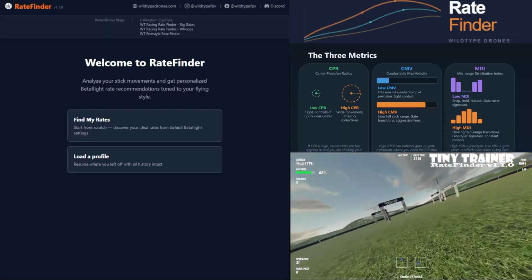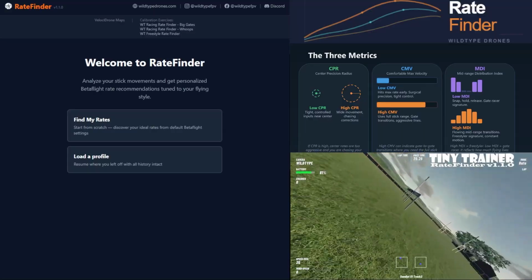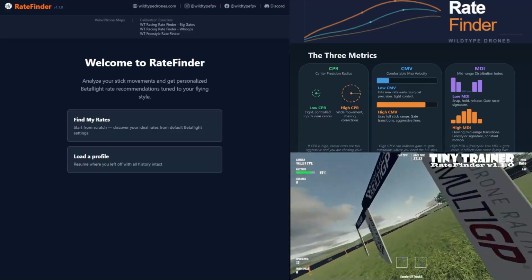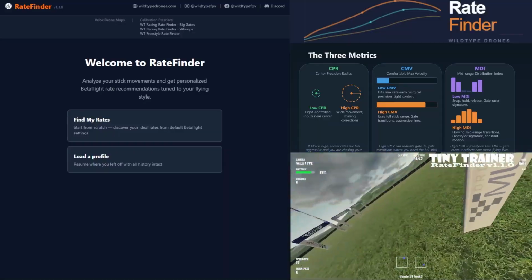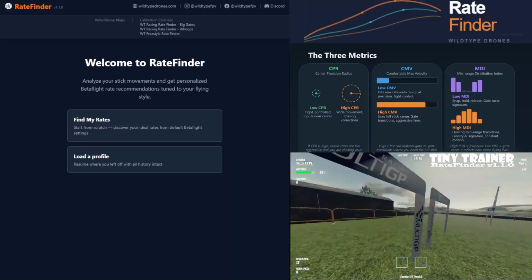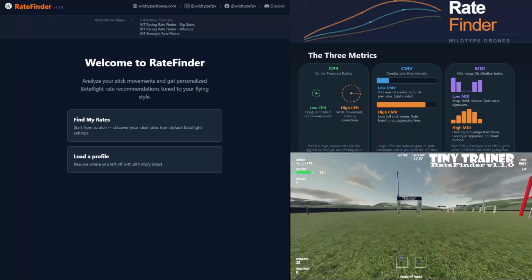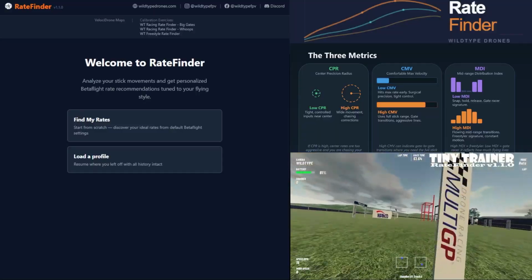RateFinder, version 1.1.0. This is a significant improvement from the last public release, which was 1.0.3. And so that essentially means there's been 7 internal revisions since the last release, and let's talk about what those differences are. So this is the homepage, and what you immediately notice compared to the last version is there's only